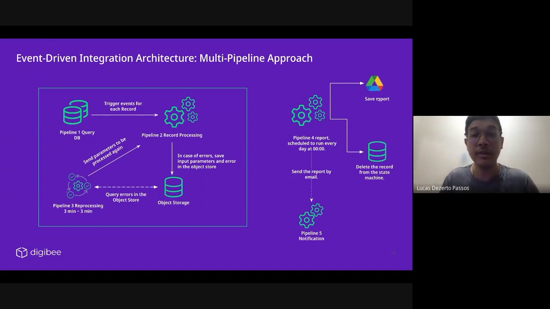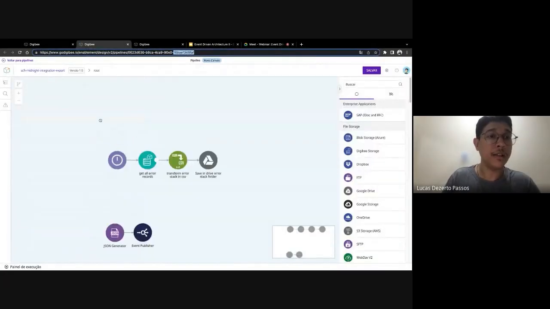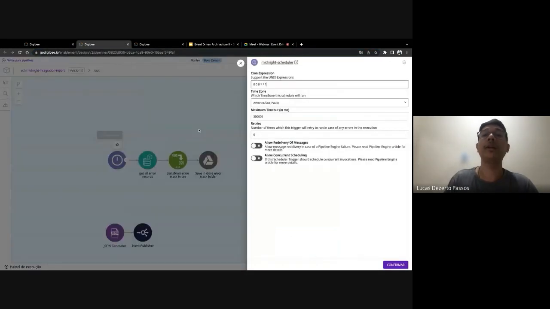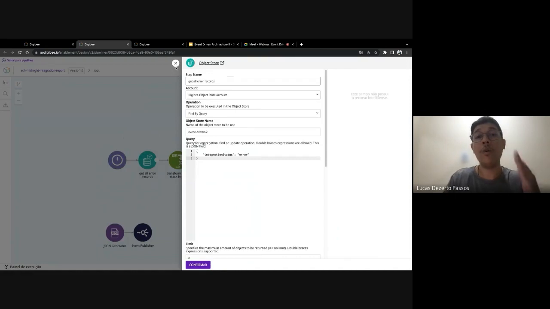So let's take a look at this pipeline number 4. She called it scheduled midnight integration report. When we take a look at the trigger here, we see it is scheduled to run every day at midnight. And it is a simple pipeline. It just gets all error records. So it enters the database and gets all records that have the integration status equal to error.